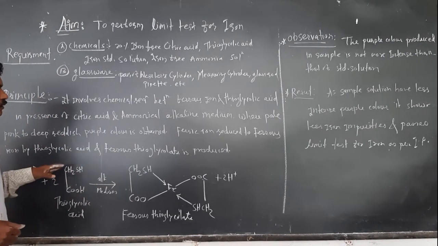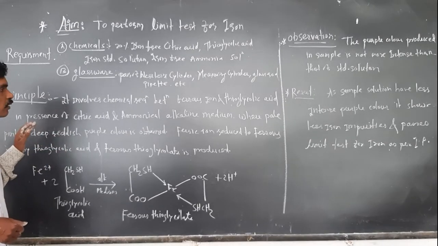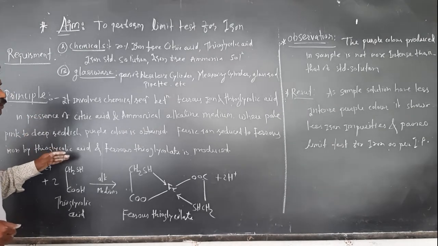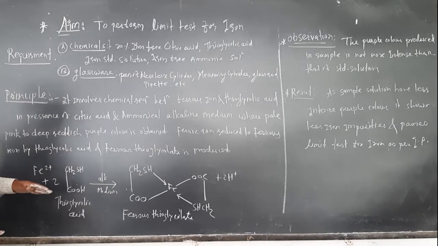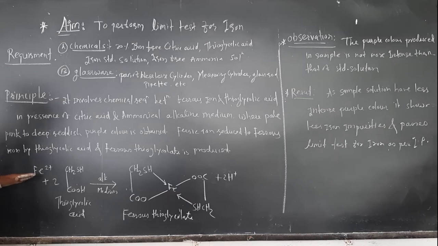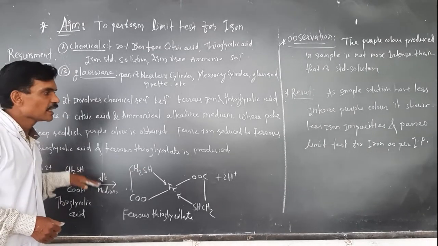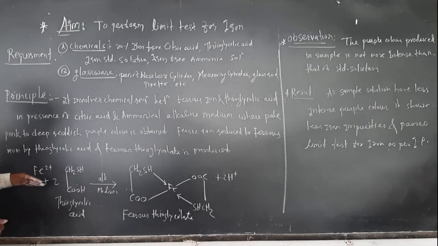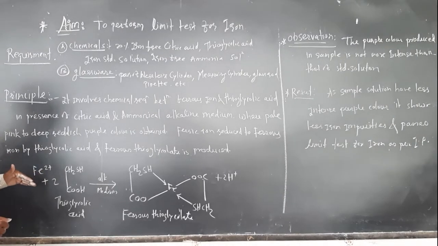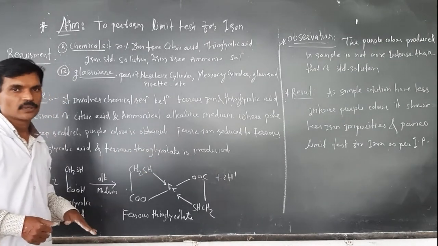Now, for the color produced by the test sample, we have to compare the intensity of the pale pink color with the intensity shown by the standard solution. It is a simple comparison between the pale pink color produced by the test sample and that of the standard. If the pale pink color in the test solution is less than that of the standard, we can say that the iron impurity present in our sample is within the limit, as the standard contains a known amount of iron impurity.